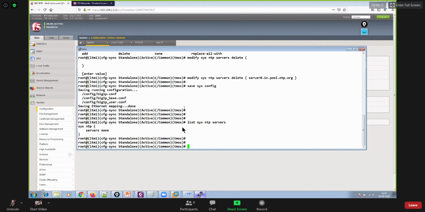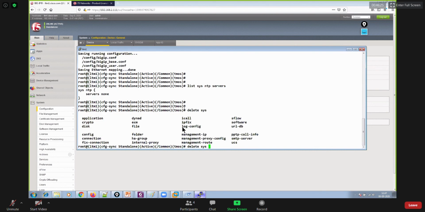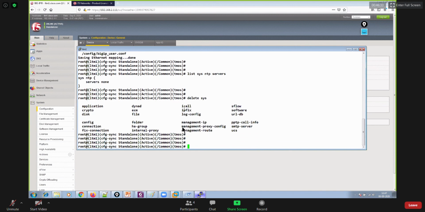Thereafter, you could also say delete sys DNS. There is no delete command for that, so no problem.